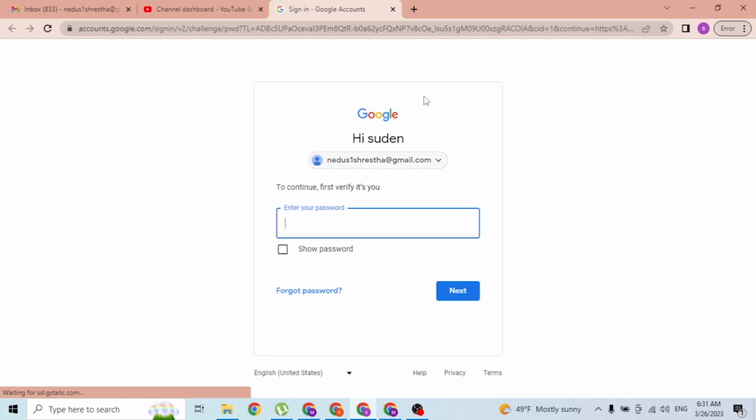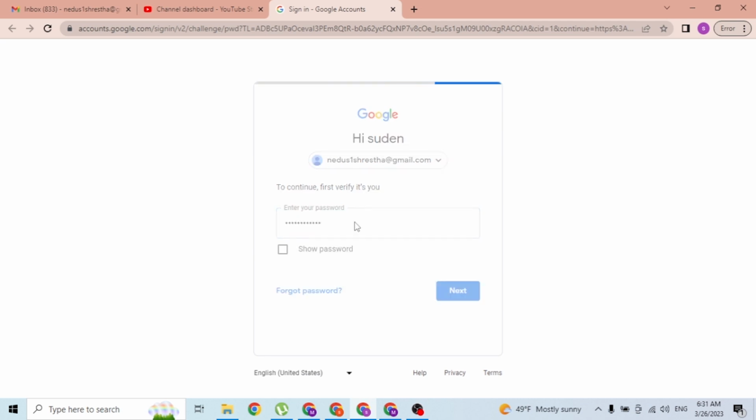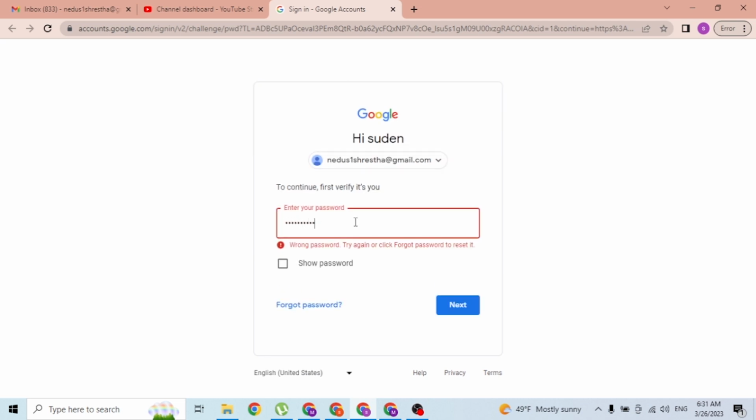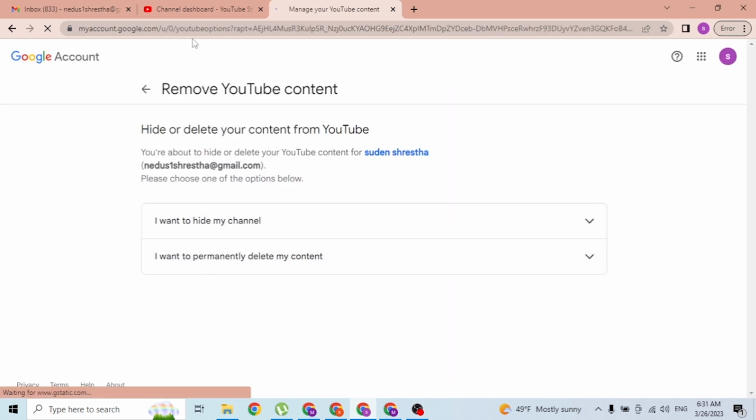Click on it and you'll be directed to this page, which is the sign in page of your account. Again, verify that it's you, and after entering your password, click on next. And log into it yourself. After you're directed to your account panel, you can see that there is an option which says